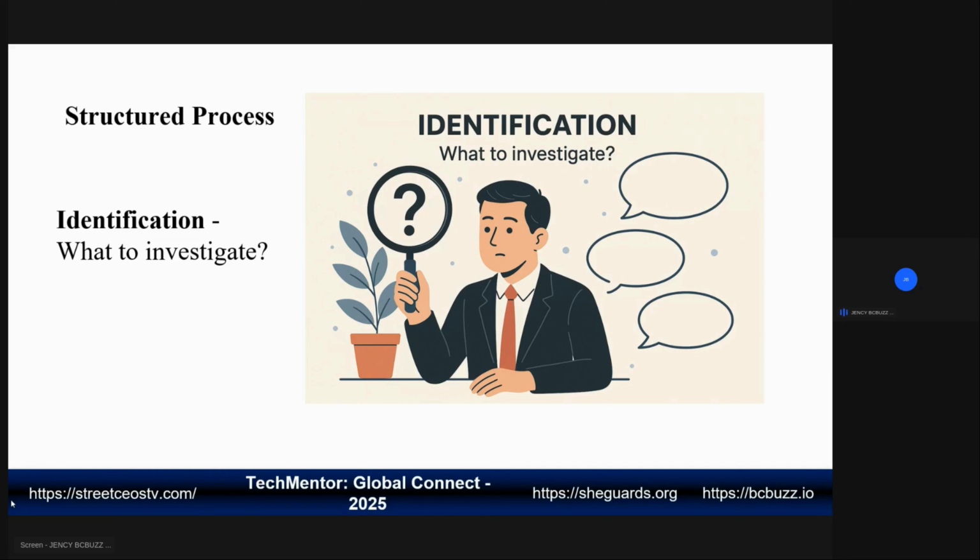So first one is identification. What to investigate, what do we need to investigate? This is the first step. This is when we detect that something suspicious or malicious has occurred. We need to recognize that an incident has taken place and then identify the devices, files, accounts, or systems that